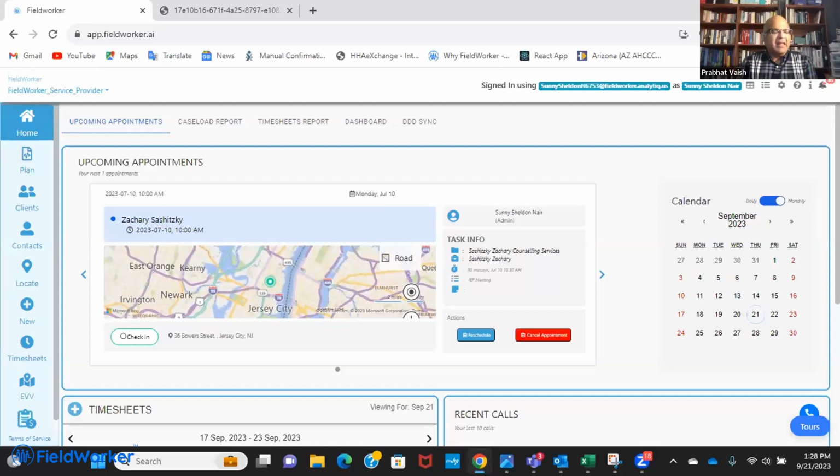No, just wanted to add one thing before we go on to questions, and it looks like we have quite a few questions out there as well. So in general, Sunny, what you suggest as the strategy for optimizing service unit utilization would be to bring in all the information in one place, track your services provided within the FieldWorker system, and we have the capability to give you reports where you see that you're falling short of 100% utilization, and you don't need to wait till the end of the month to discover that. You can have it literally anytime you want to track: are you tracking towards 100% utilization or not?